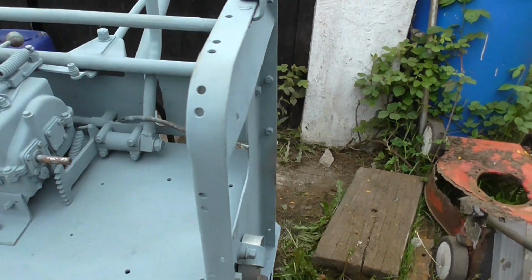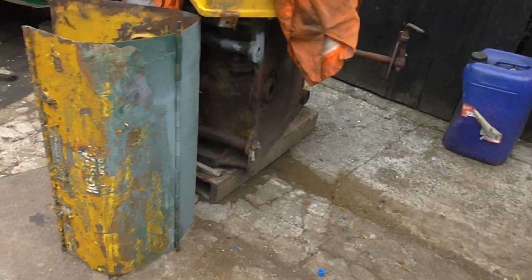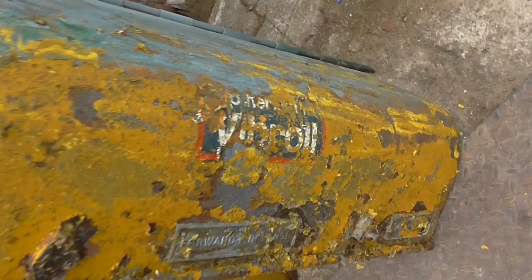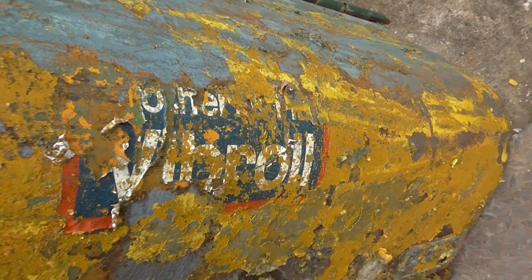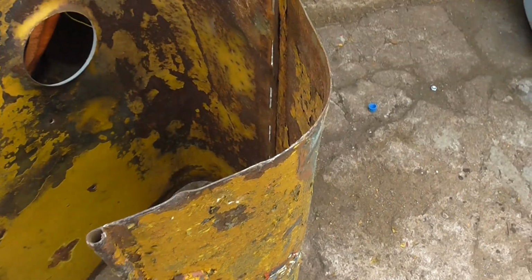So as you can see, top cover starting to be stripped down. The Vibroll decal on it, Stothert and Pitt Vibroll, original. So that'll be done over the week,